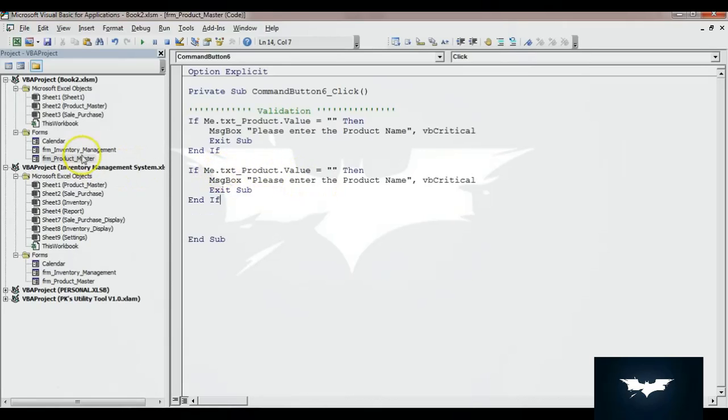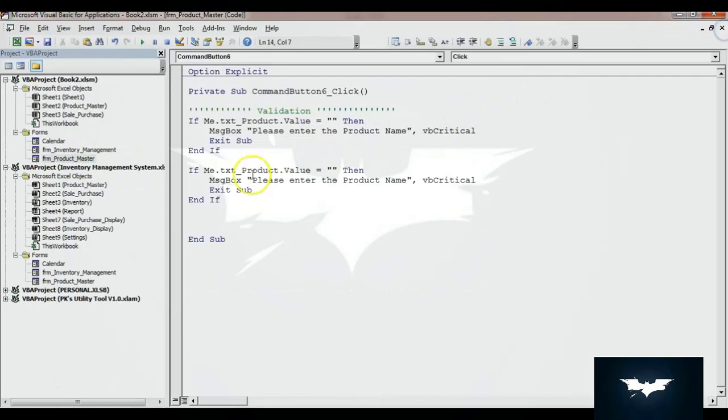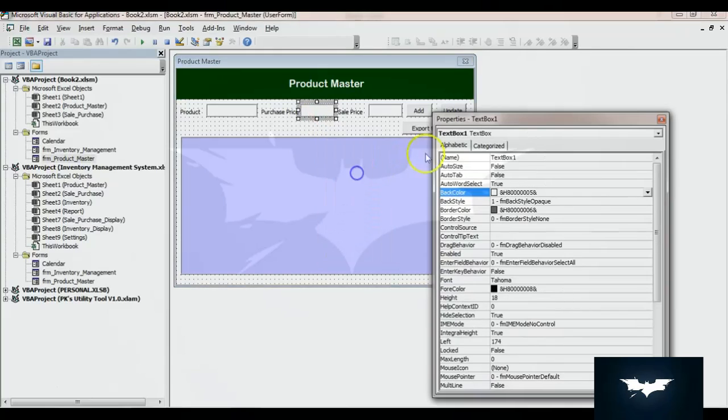Now let me copy this and paste it here. The second validation is that there should always be a numeric value here. So I'll use If IsNumeric, and then I will take me.txt. We have not renamed the other boxes, so let me rename those first. Let me go to the design, and here we should take txtPurchasePrice, and here txtSalePrice.